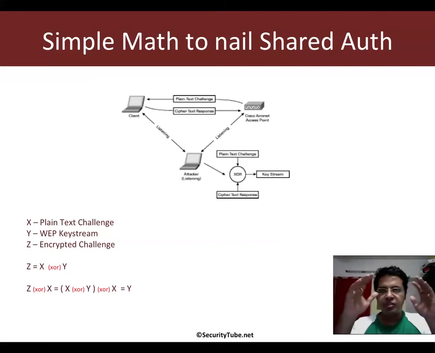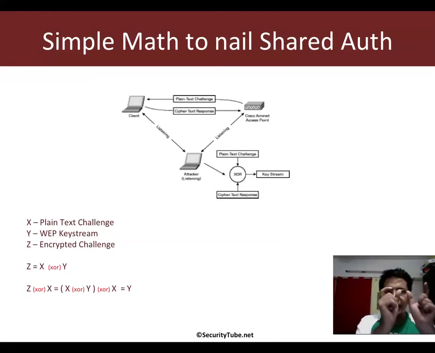Now, if this is not very clear, don't worry. In the chapter on WEP, all of this will be taken care of, right? But here is the takeaway right now. Once we have the key stream, we can encrypt any challenge. So what this means is, with this key stream and the IV, if we go to the access point and say we want to authenticate, and the access point sends a challenge to us, we can use the IV and the key stream which we collected from this exchange and just encrypt this new challenge the access point sent and send it back to it and authenticate successfully.